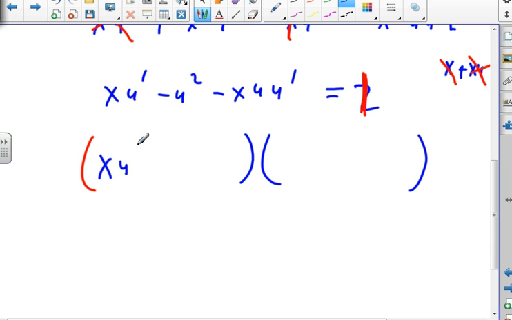x u prime times u gives me that. But then I could factor it with a 1 being there. So if I factor it, I have x prime u, I have a u, I have a minus u,